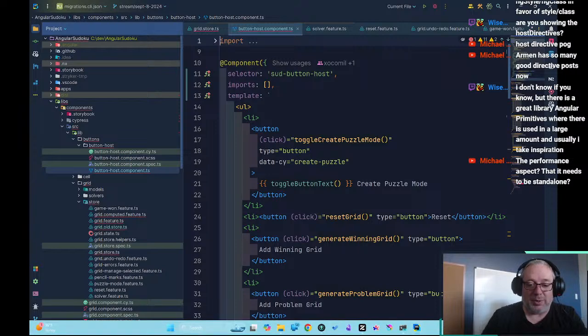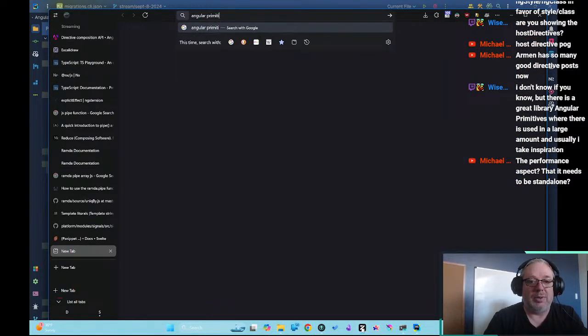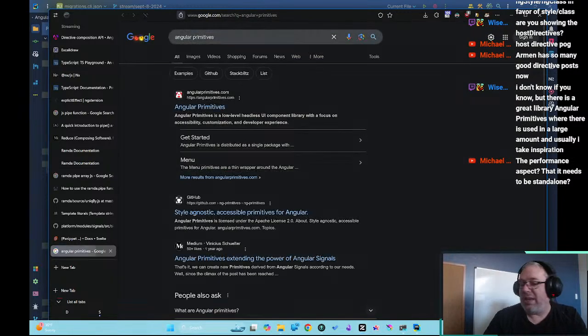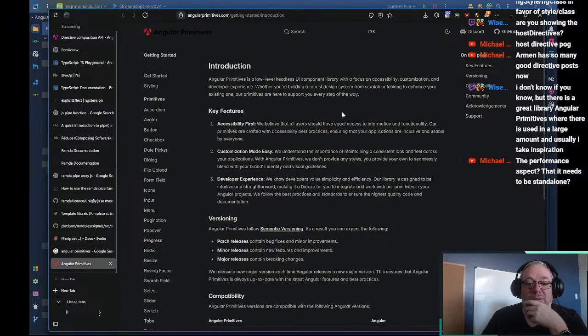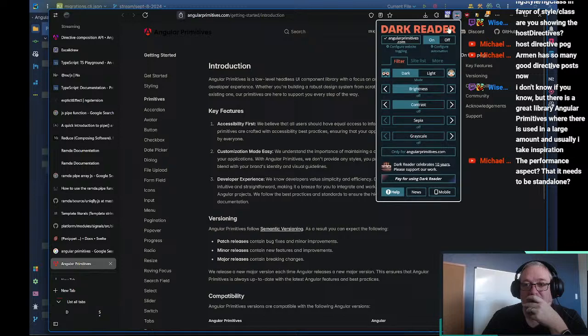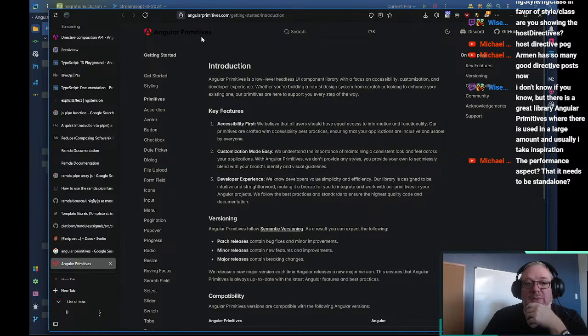Angular primitives. That's where I was going to go. I want to take a look at Angular primitives. Thank you for the suggestion on this one, Wise Menzi. So, Angular primitives. This looks like one. Ooh, not good. So we're gonna get a little bit of weirdness just because it wasn't designed to be dark mode, but